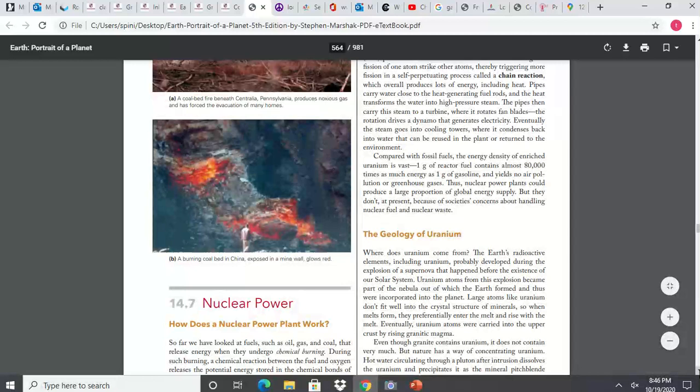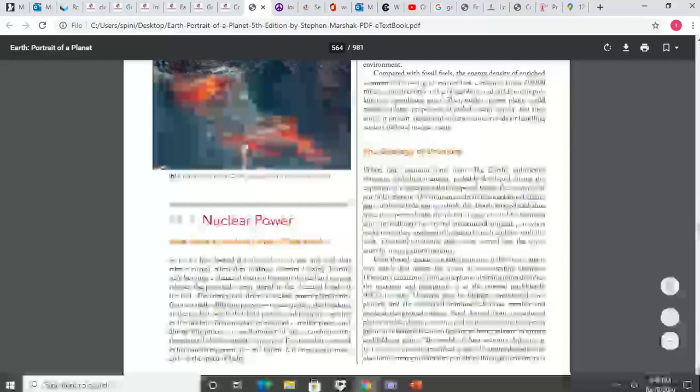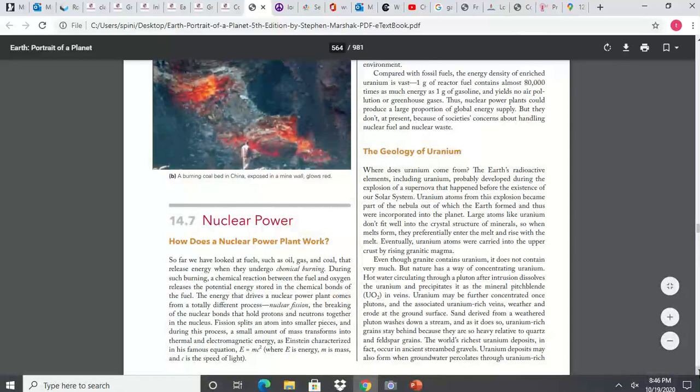So that's where we get our electric power from a nuclear power plant. They're very inefficient, but they do generate a lot of energy from a very small amount of material. So it doesn't take much uranium to generate quite a bit of power. But of course, it is radioactive. And so if there's an accident, and we've seen quite a few of them over time, it can be disastrous for the people that live in the area and for the environment.